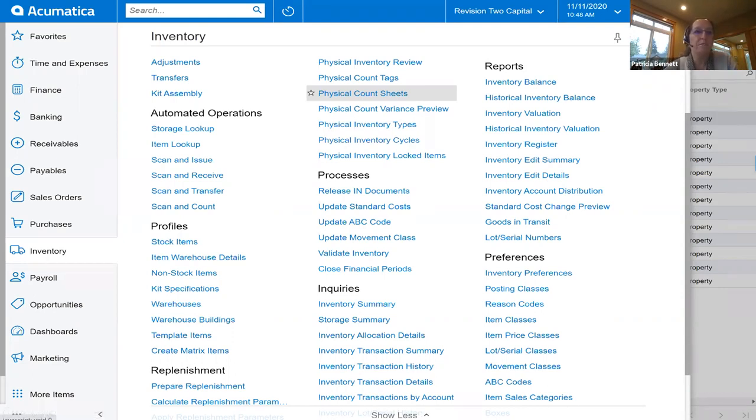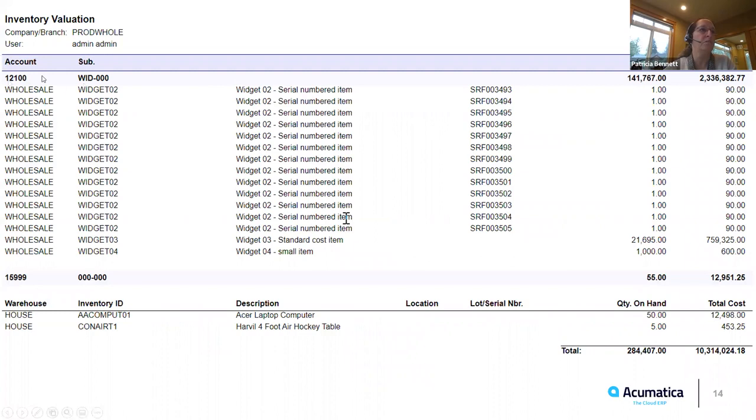One of my favorite reports in inventory is the inventory valuation, because it gives me the total, and I think I have a copy right here. Yes, so it's going to show me by GL account the different inventory items that I have with the totals, and then it's also going to segregate them by warehouse in case I'm doing different sub accounts by warehouse or whatever. So as you can see, in this case, I should have